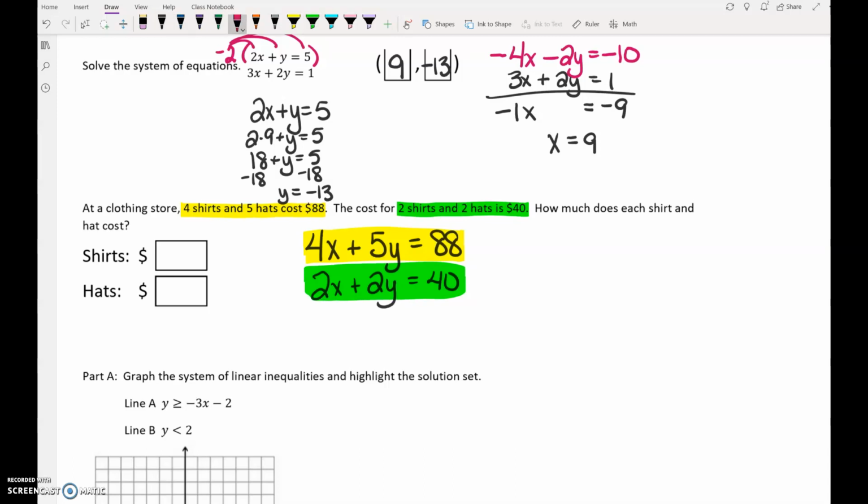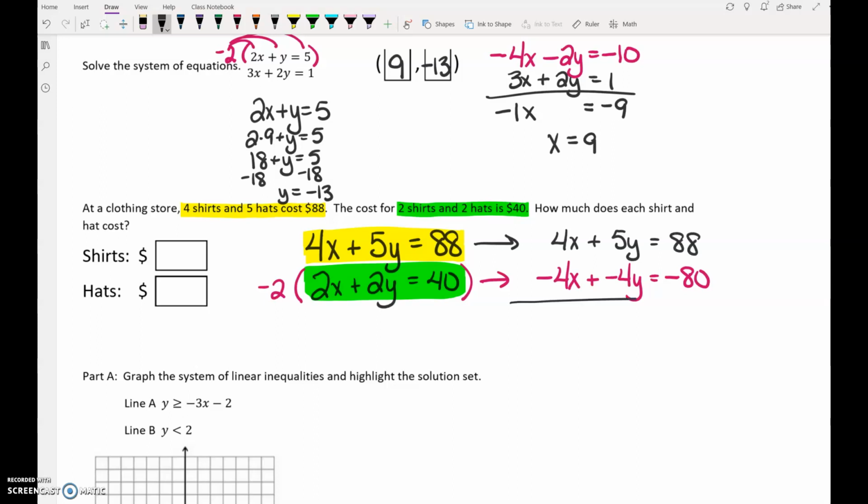To solve this system, personally, I would do elimination. What do I need to multiply the bottom by to do elimination? So we have negative 4x. Let's see if I can do this correctly this time. And our original top equation. You just take negative 4y, the plus out of negative 4y, and just do